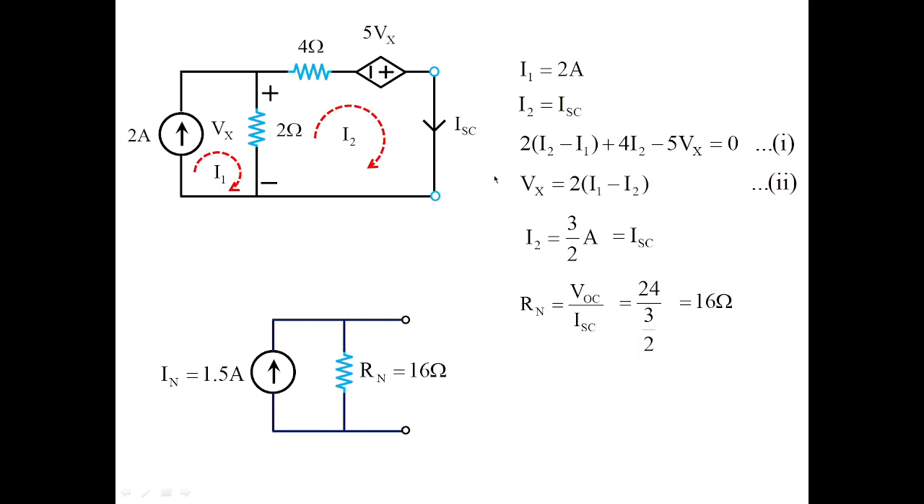So as you can see, we have identified two examples to understand the basics of Norton's theorem. In my next class, I'm going to take some more numericals, especially dependent source problems, and we are going to find out the Norton's equivalent network, followed by the maximum power